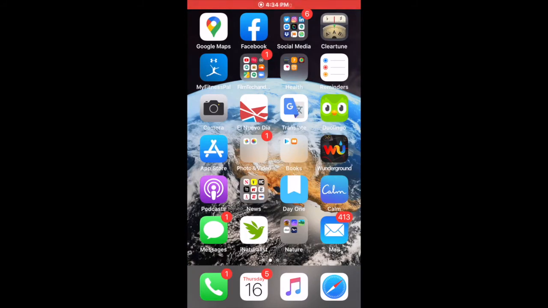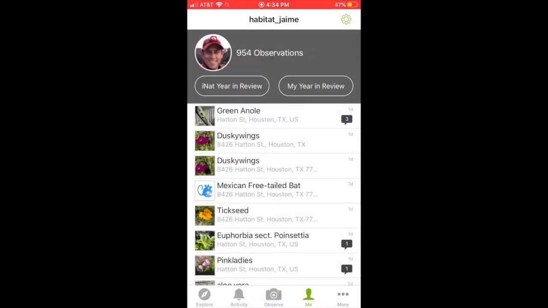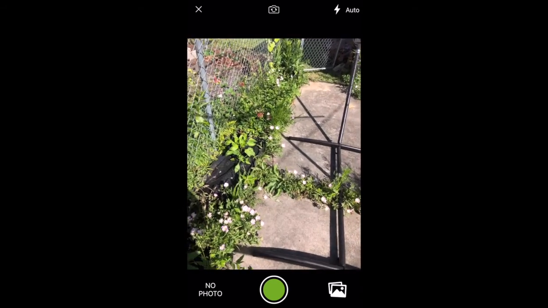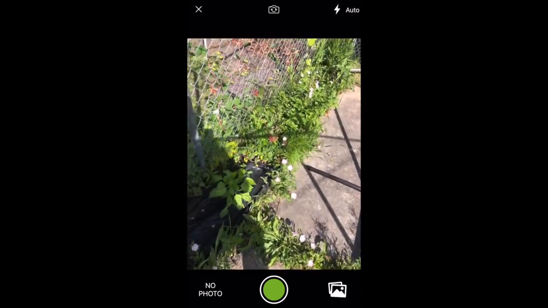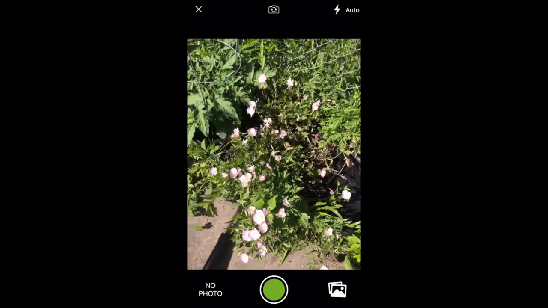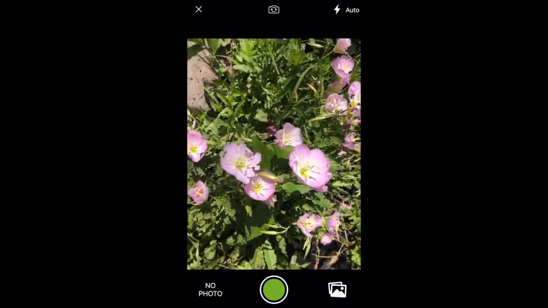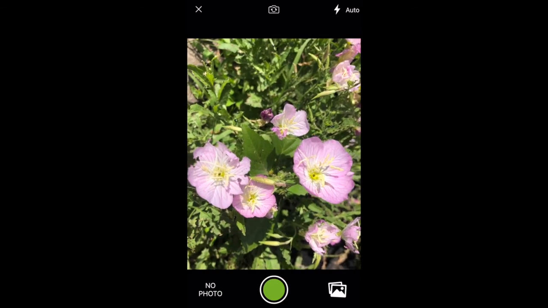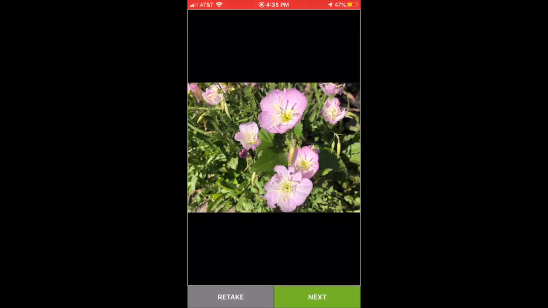Using the iNaturalist app is really, really simple. So I've already preloaded iNaturalist onto my iPhone, but it comes in Android as well for Android phones. So I'm going to click on iNaturalist. And right in the middle, you'll see the Observe button. So I'm going to press the Observe button. And I'm going to remember a couple of rules for taking good pictures. One is that you want to fill the frame with the species that you want to take a picture of. So I'm going to take this picture from here, and that fills the frame,